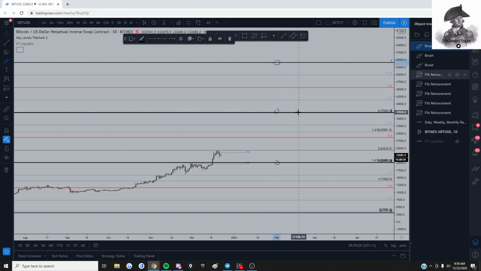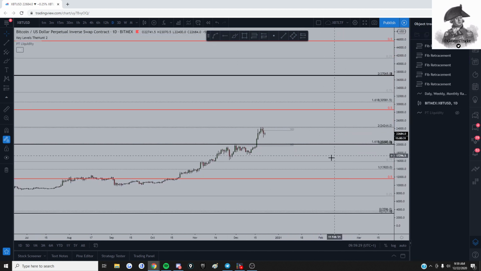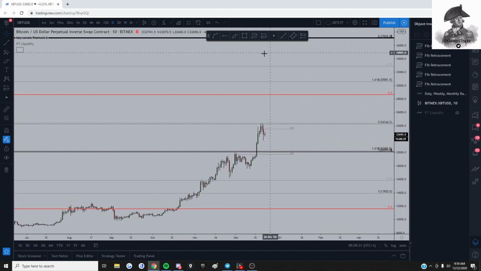So a big one at 37,000 and a big one at 55,000 or 54,000. And then the ones in between, the mid-ranges, 45 and 28, and then the ones in between those will also act as key pivots, as we saw right here. So those are the key levels on the higher time frames you want to be watching,